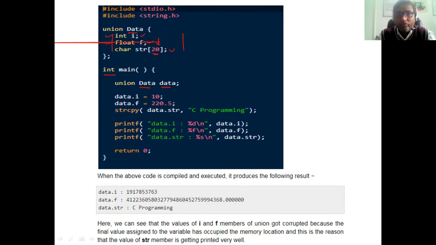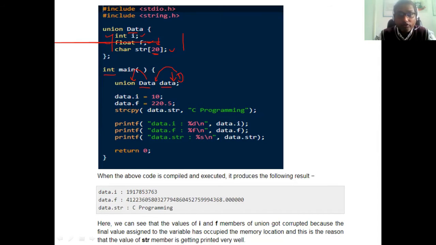Instead of data, if you are getting confused, consider d. So union data d. So d is a variable of type data, and data is nothing but your union. So d is the variable of union.